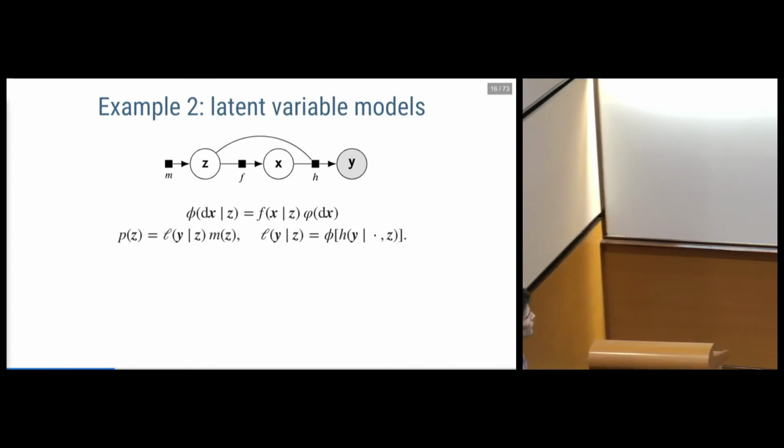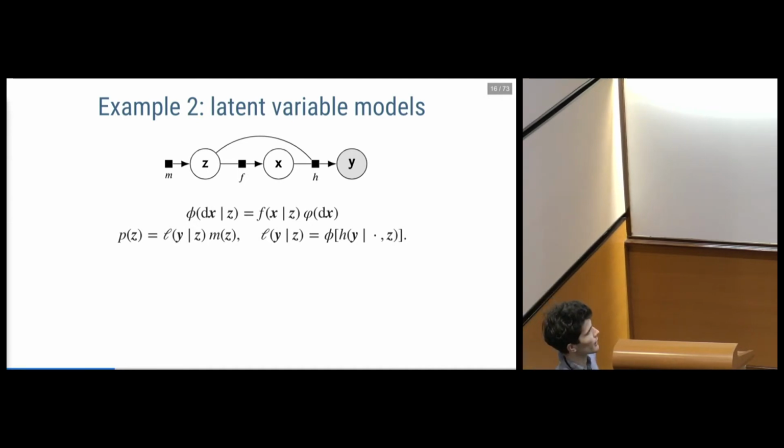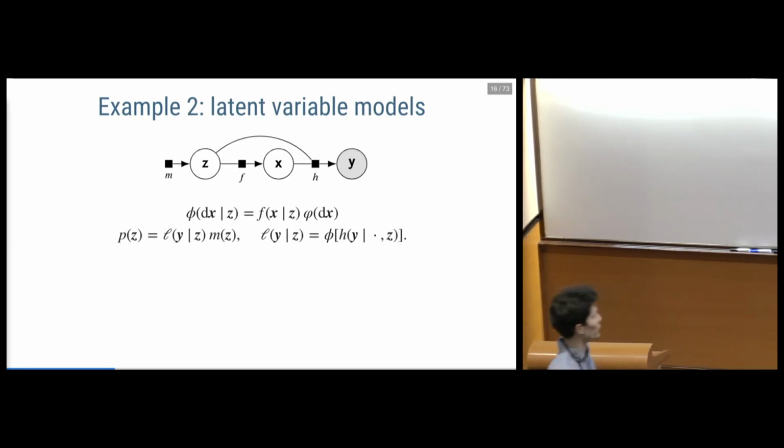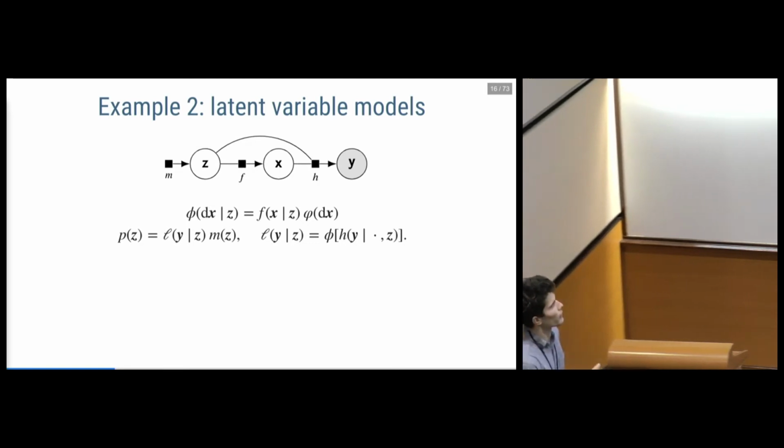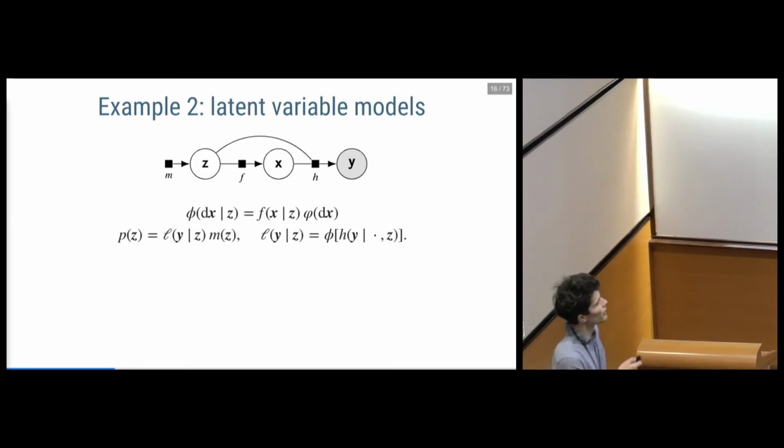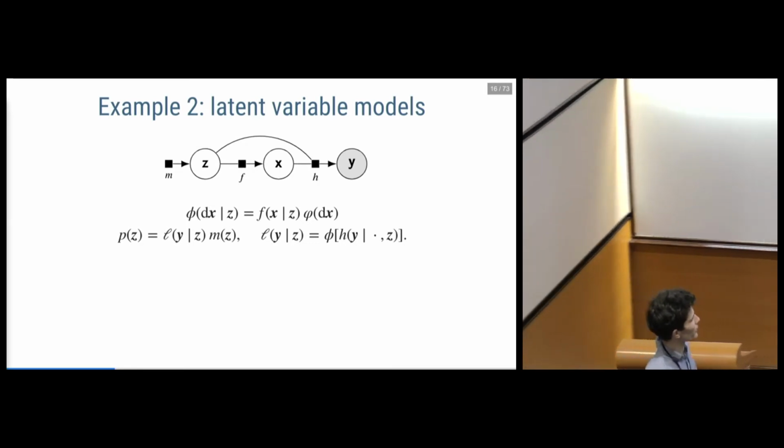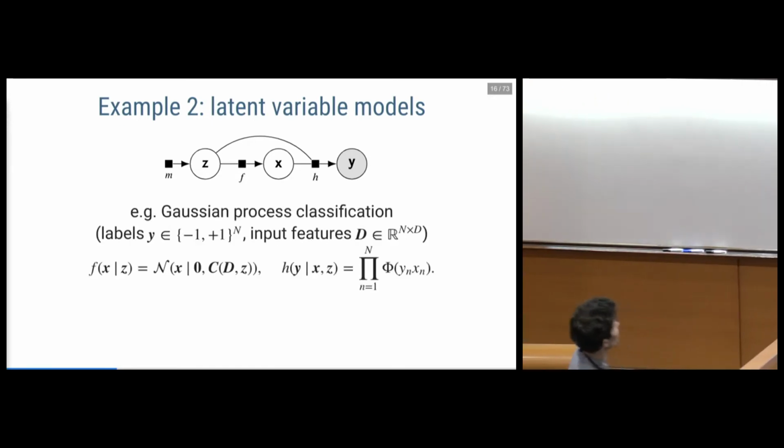So in general, evaluating this marginal likelihood is going to involve integrating over those latent variables, and that's where we get into the intractability. So unless we're in some sort of conjugate system where those integrals have an analytic solution, we're not going to be able to exactly evaluate this marginal likelihood.